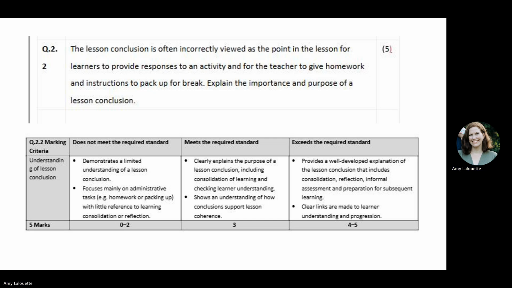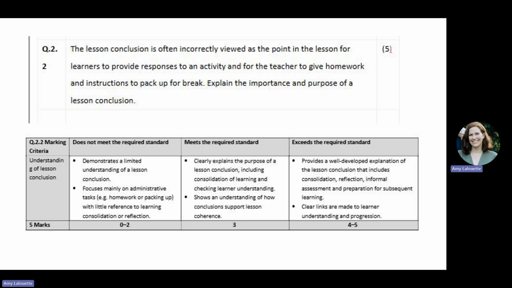Now, clearly you've been given information here about what goes on in a lesson conclusion. Therefore, the marks are not going to be given for identifying those things or just listing those things. What you need to do is you need to explain the importance and the purpose of these things in a